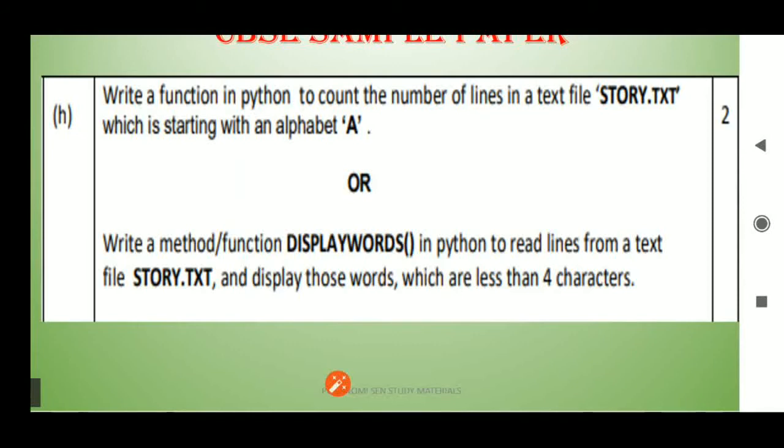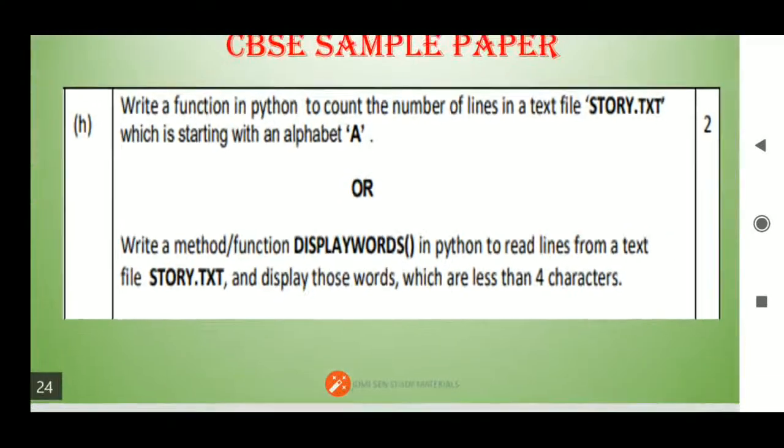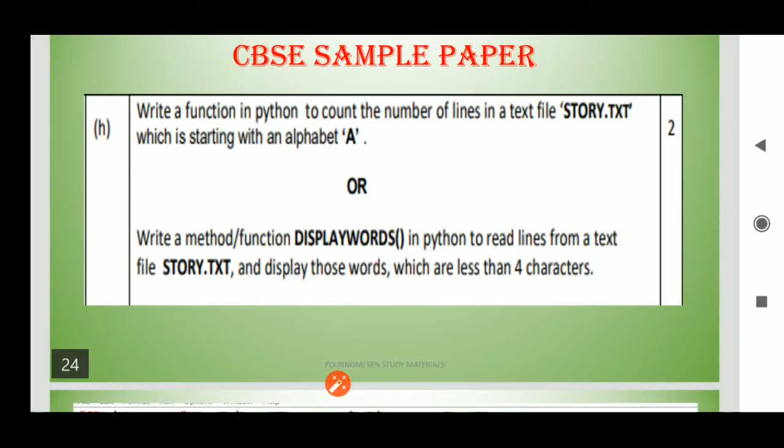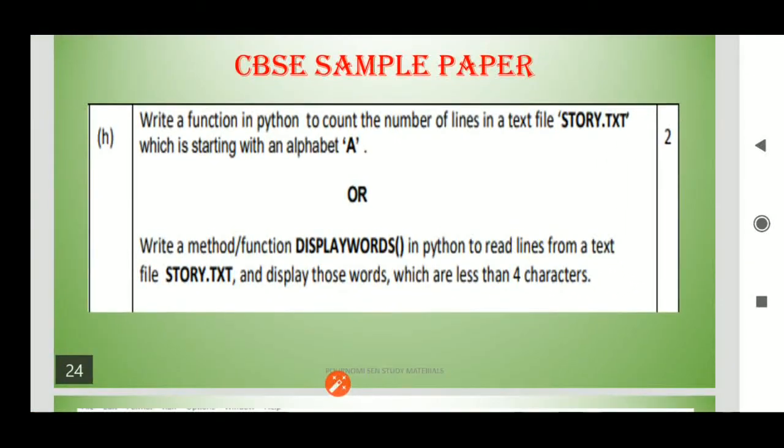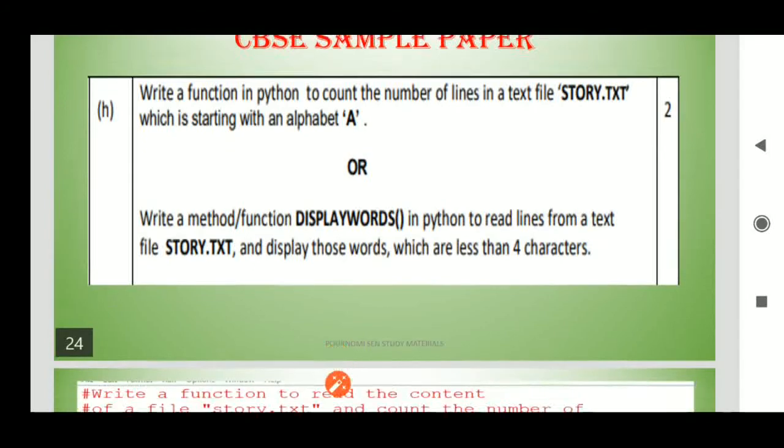In Python, it will read lines from the text file story.txt and display those words which are less than 4 characters. So basically it will read the entire content from the text file and display those words which are less than 4 characters. That means we have to read the content of the file word by word.